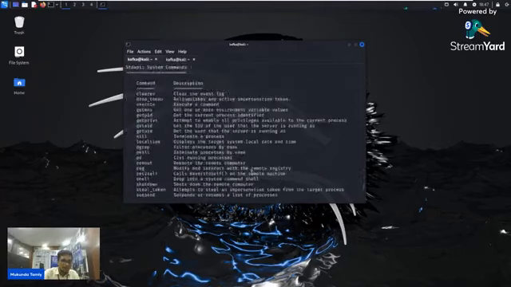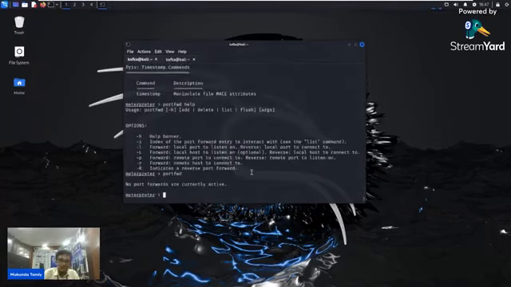Now I am back again with the interpreter shell which I backgrounded. Now what I am doing, I am just port forwarding. Like portfwd add.